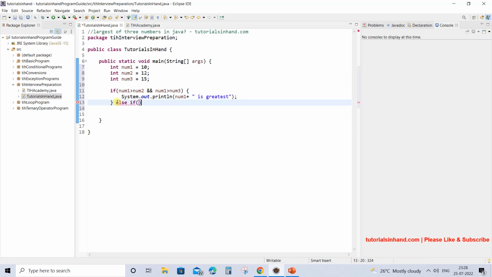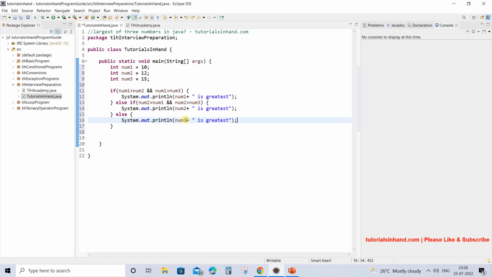and similarly we will have to write the condition. This time we will check for number2. That means number2 should be greater than number1 as well as it should be greater than number3. So it should be greater than both the numbers that we have on our screen, and then this is going to be the largest number. So we will just copy this one and paste, and then replace it with number2 is greatest. And what I said is if both number1 and number2 are not the greatest, then you are left with only one choice, that is number3 is greatest.